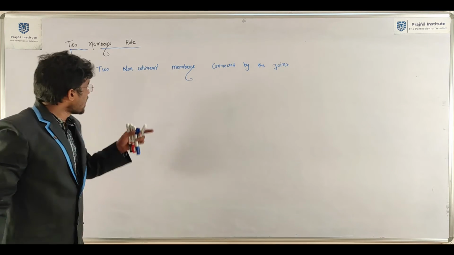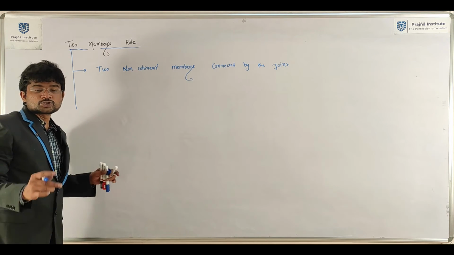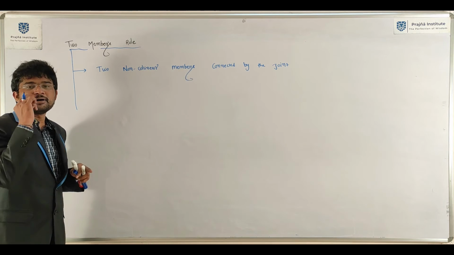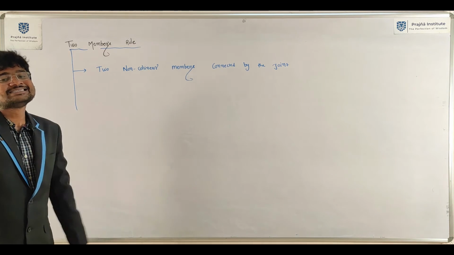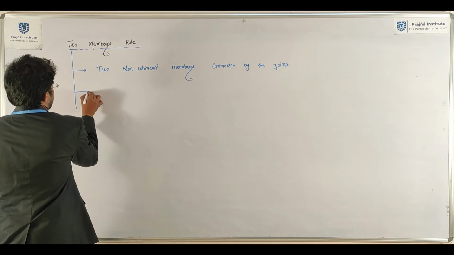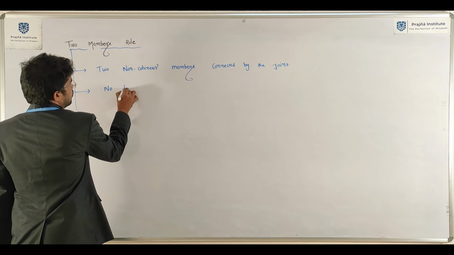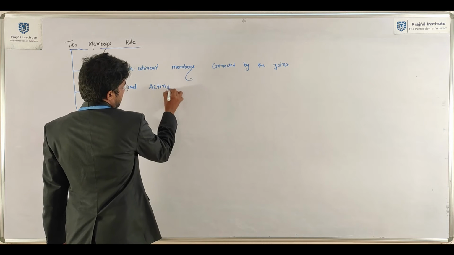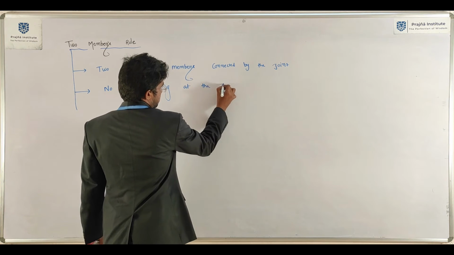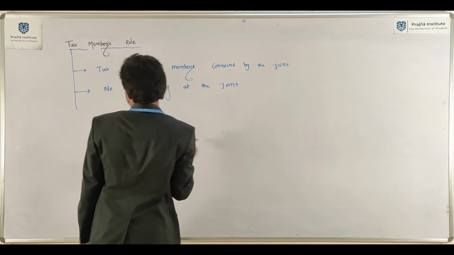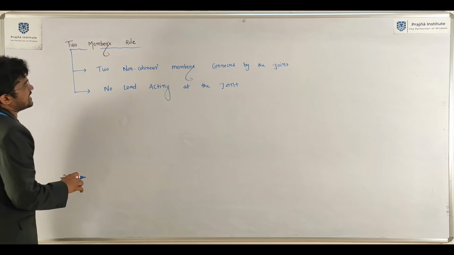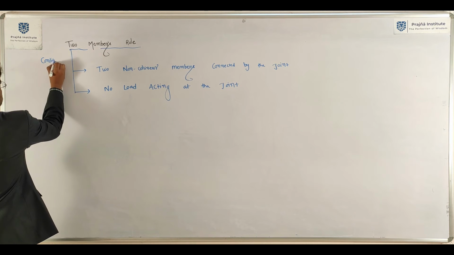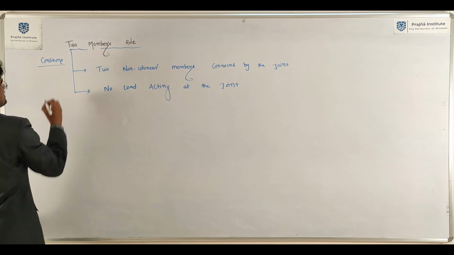Non-collinear members means those two members are not in the same line. And no load acting at the joint. If these two conditions are satisfied,